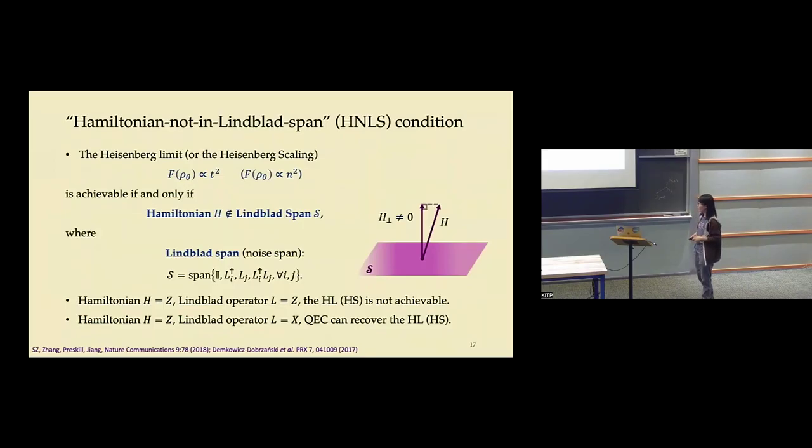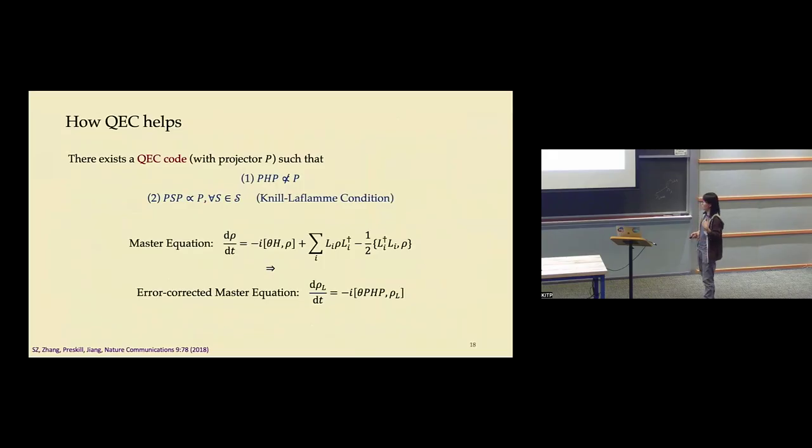So to see how that works, we can always show there exist some quantum error correcting codes that satisfy these two criteria whenever the HNLS criterion is satisfied. The criterion is basically the Knill-Laflamme condition in the Lindbladian case, but with an additional assumption: the projection of this Hamiltonian is not going to be a trivial operator in the logical space. It has to act non-trivially in the logical subspace so that we can detect this signal in your logical